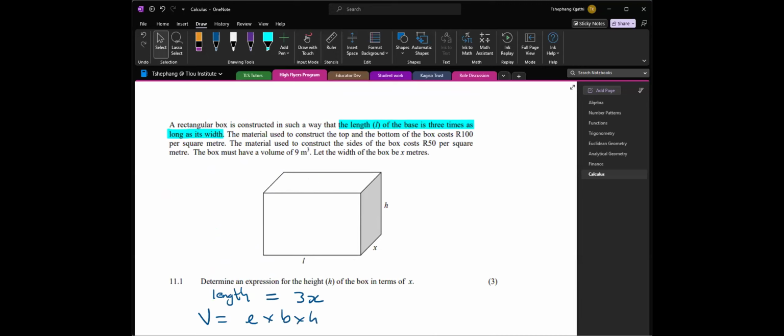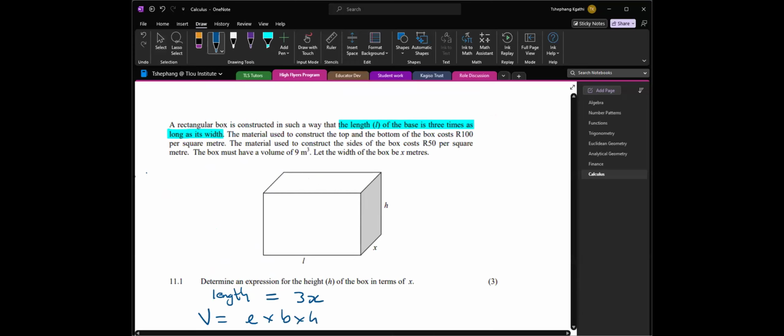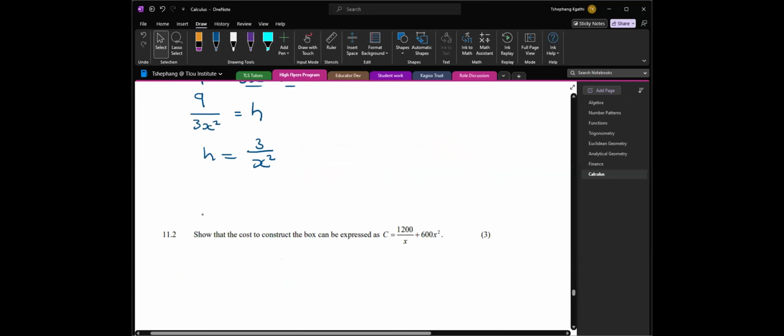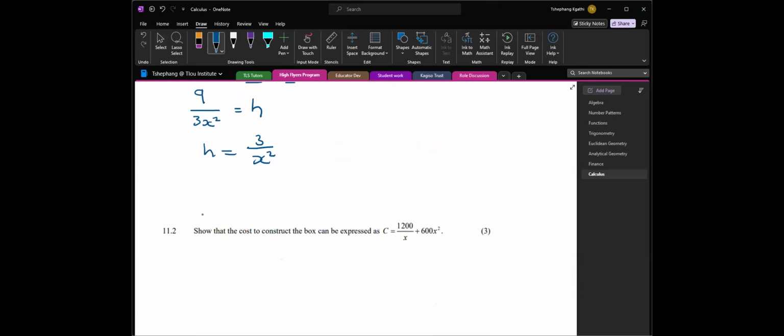So, the area is going to be 2 times LH plus 2 times XH plus 2 times LX. And that's the area. But now we need to substitute what we have. So if we substitute,